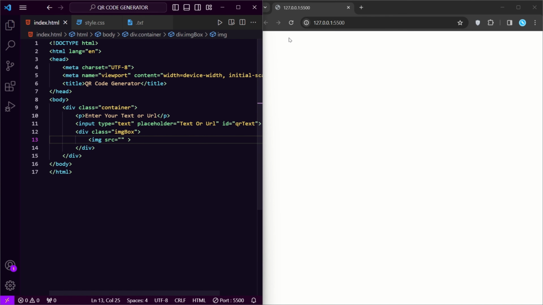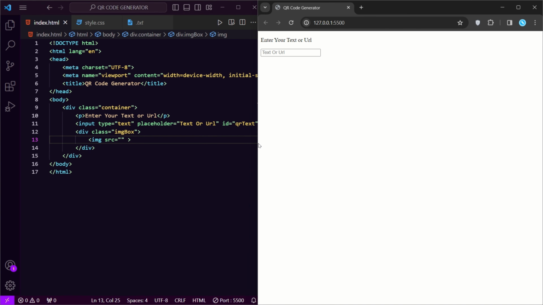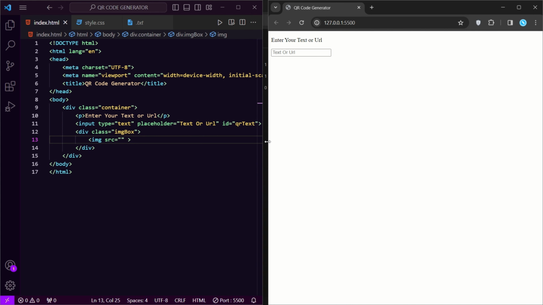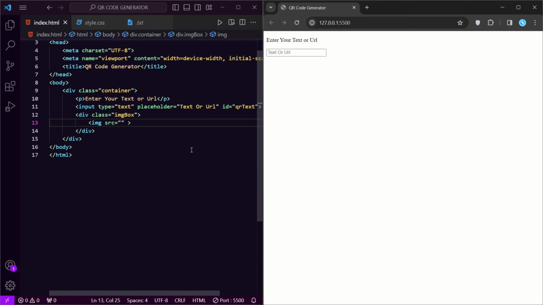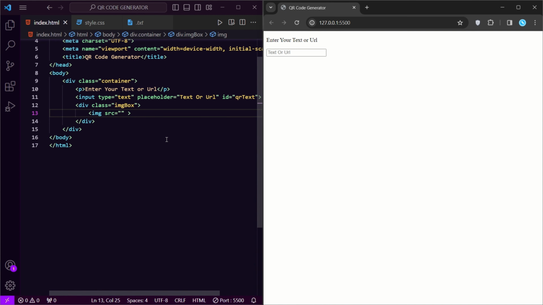Save it. Reload this page. You can see here the title has been changed. Here the HTML has been printed. Now let's go ahead. Take a button below the image box.